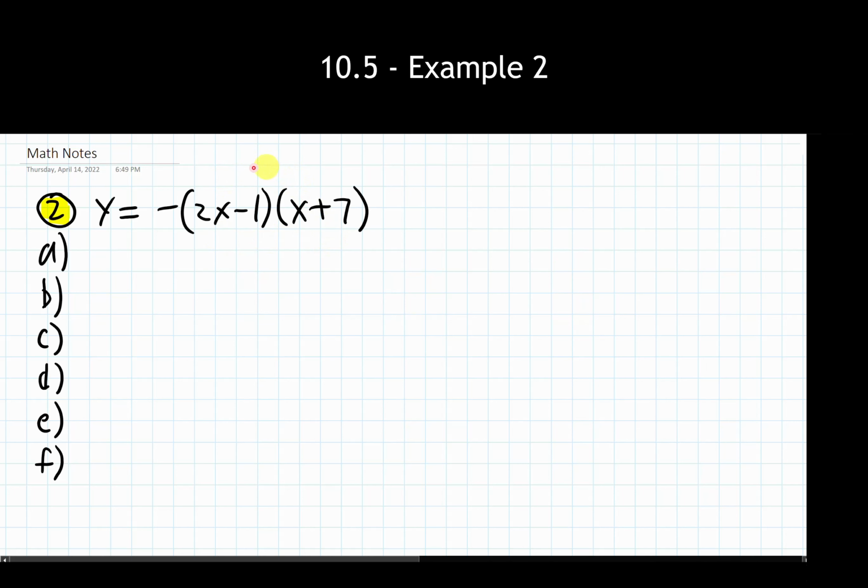If I were to use the distributive property, which we will use later on, I'd be getting 2x squared. The negative out front would give me a negative 2x squared. Okay, so I'm going to still have a quadratic equation, which is good. But because it's fully factored, I use factoring to help me find my x-intercepts. So before I do anything else in this problem, find A, B, C, D, E, I'm going to find the x-intercept because that's already prepped and ready for me.